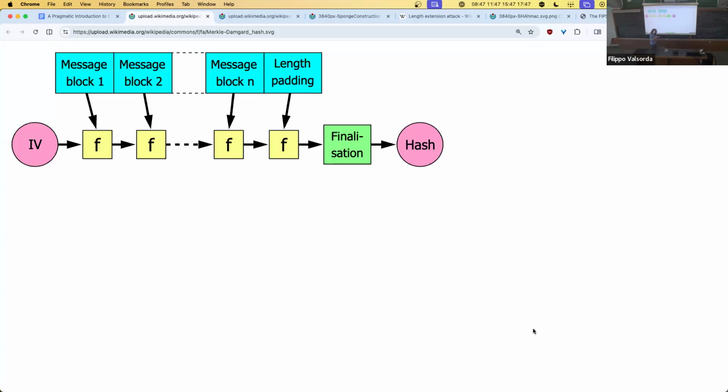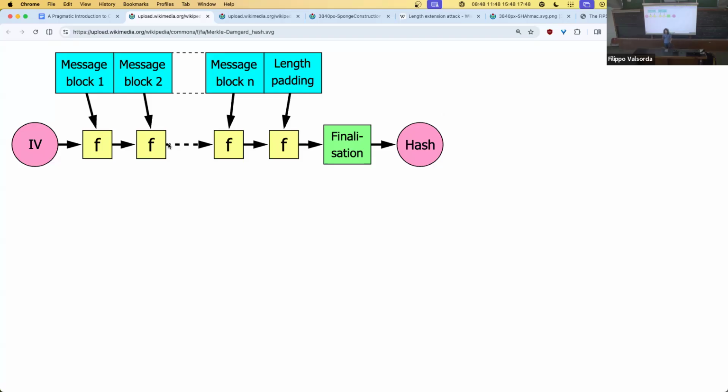There is nothing in the scheme that distinguishes that output as the hash, which you're going to publish, give people or something, from the intermediate value that comes out here. So you can just take that hash of one block and length padding, put it back into the algorithm here, and keep hashing.